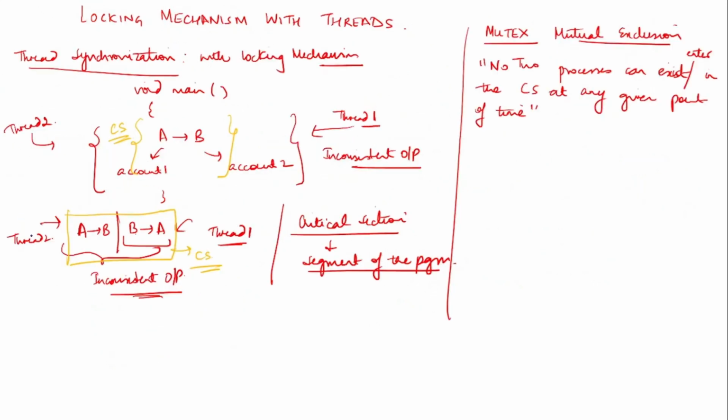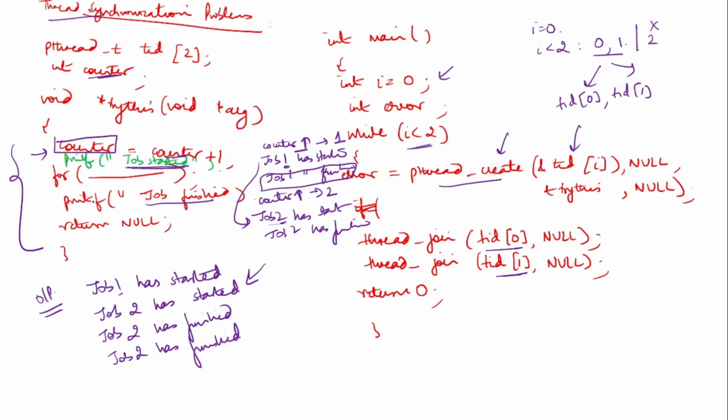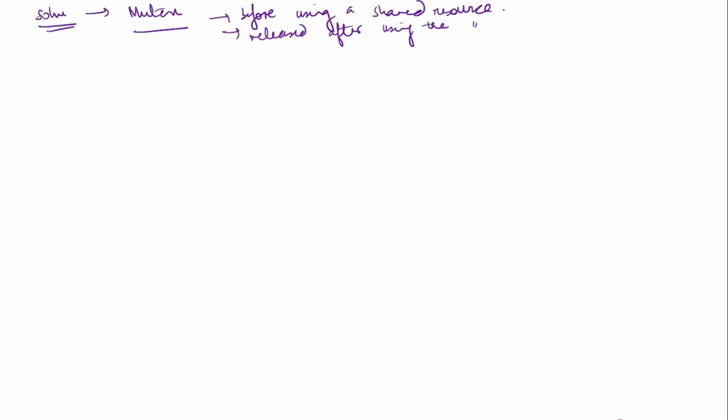Ideally thread 2 should not access this particular region, because as soon as thread 1 starts executing it, it should be locked. So when we talk about mutex, there are some important functions which we should know. First is the init function, that is initializing the mutex. First you are initializing the mutex variable. Now this function basically creates a mutex